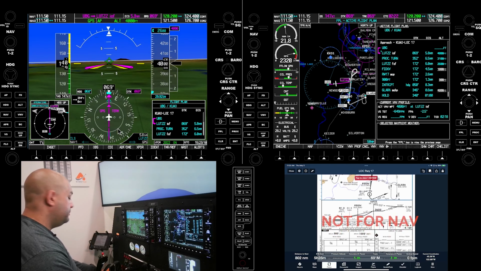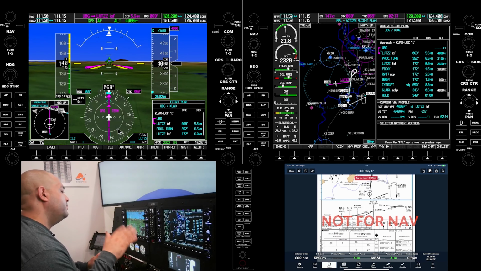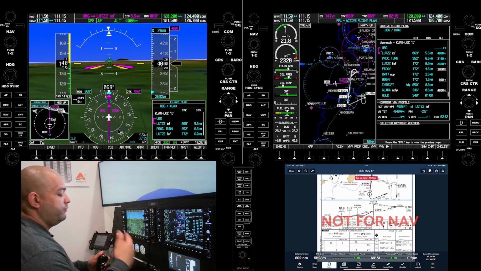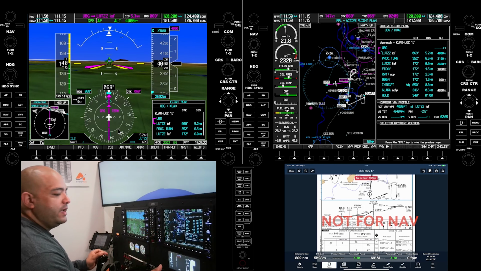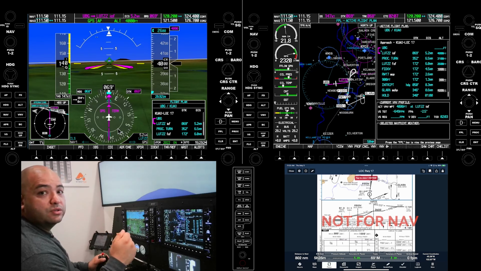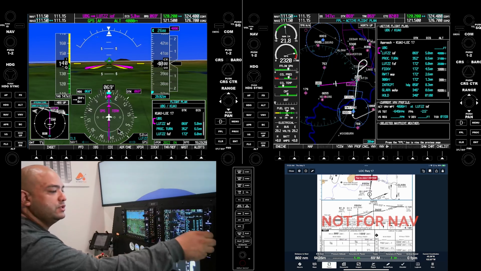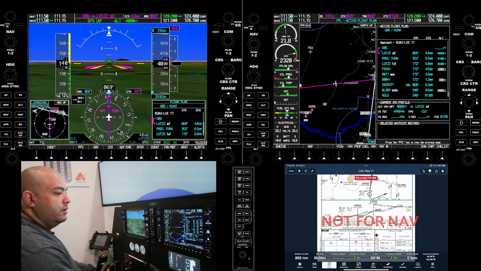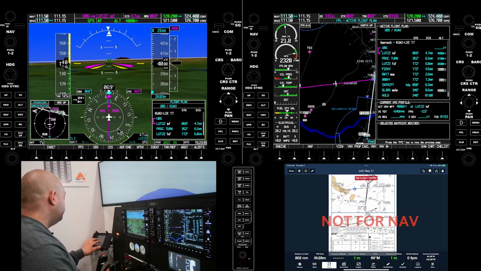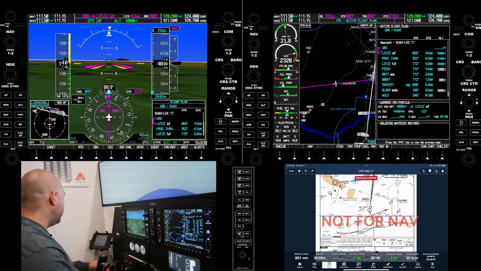In case we have to go missed, mixture forward, throttles forward, press TOGA, pitch disengage the autopilot, press TOGA, flap, nose attitude to 10 degrees, open the cowl flaps, clean the flaps, press nav. Very high workload phase, and if you've seen some of the prior videos, you might have seen that I've been forgetting to open the cowl flaps because I'm really focused on just showing you what the features of the G1000 are. Cool, 1 minute and 55 seconds. We are planning to be configured 2 miles prior to the final approach fix.